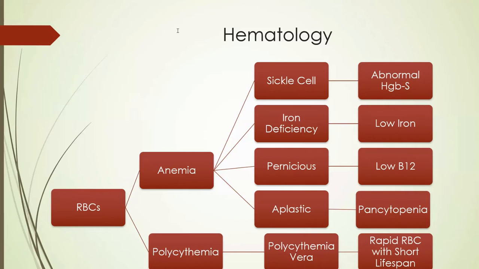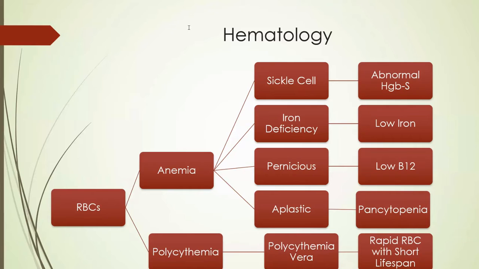The last type of anemia we have here, other than sickle cell, is aplastic anemia. And just aside, this often occurs with pancytopenia, and there's a slight difference, although some sources may use the terms together. But just to clarify,